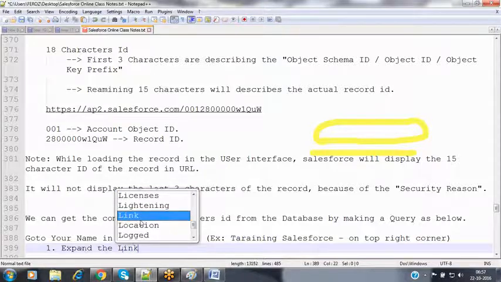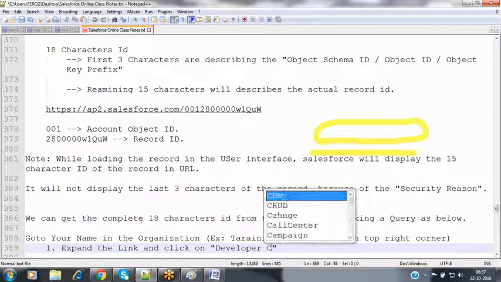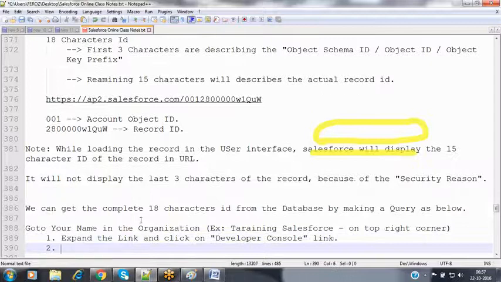Expand the link and click on the developer console link.